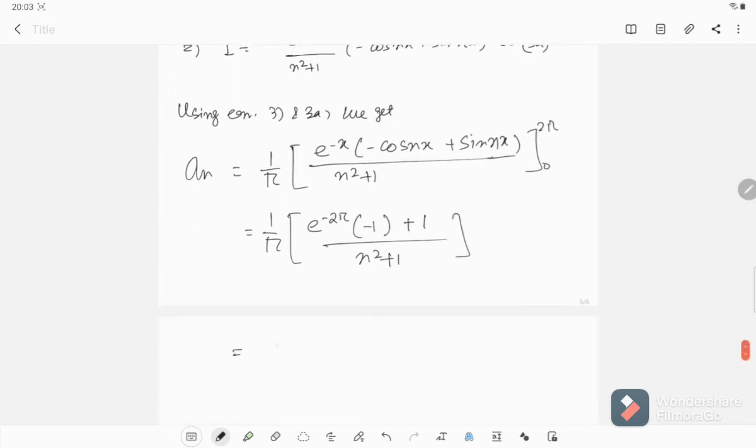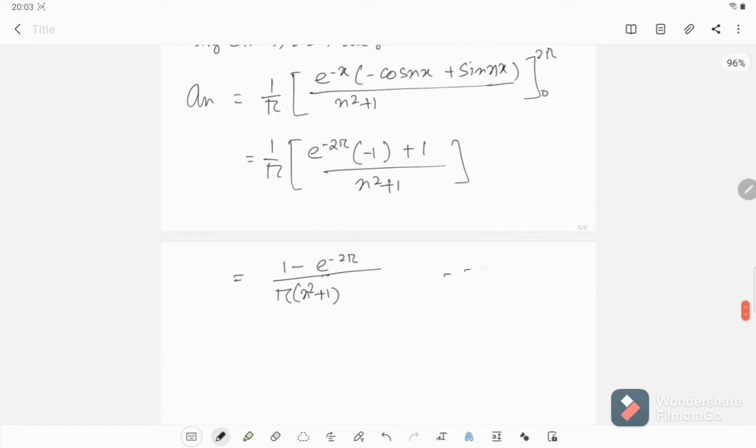So ultimately I am getting 1 by pi (n square plus 1) times (1 minus e to the power minus 2 pi). Let's give it 3b, and if we get some value, it will start from a1, as the summation we have chosen is n equal to 1 to infinity. Let's first find a1, and that would be equal to 1 minus e to the power minus 2 pi